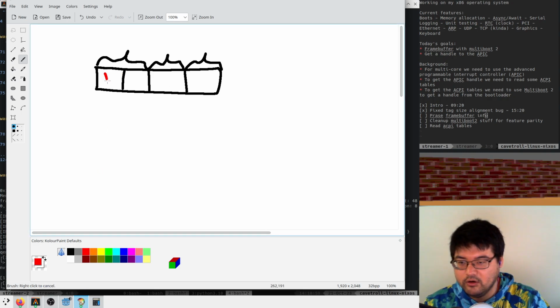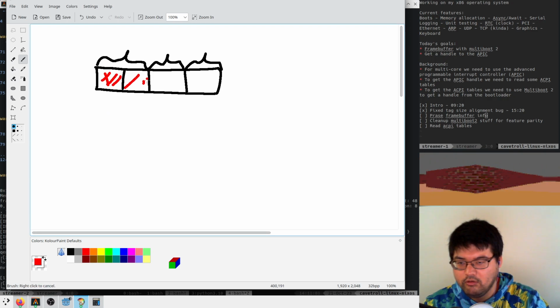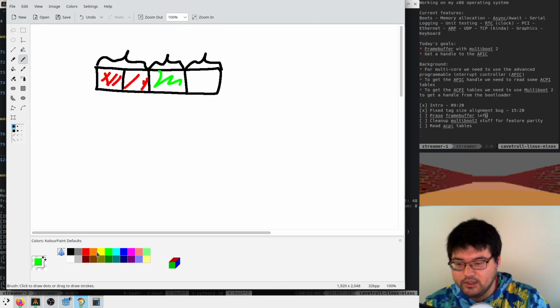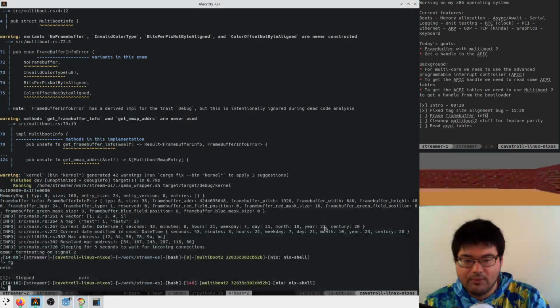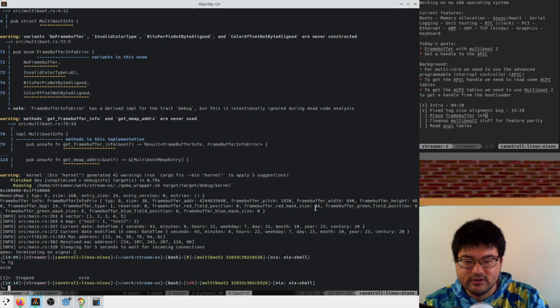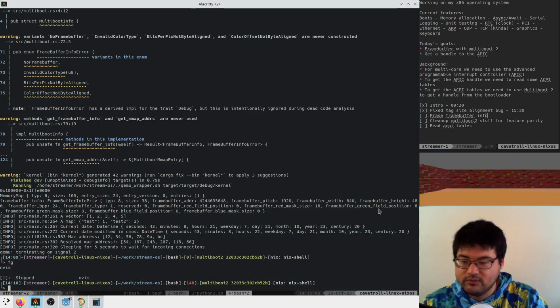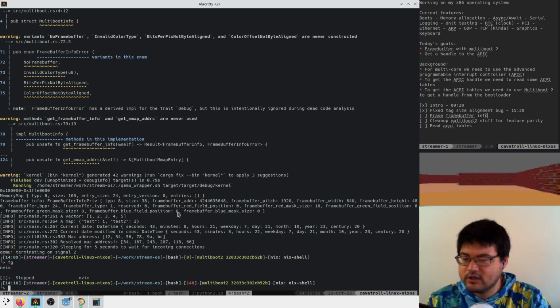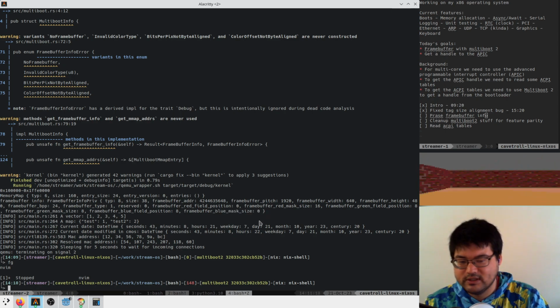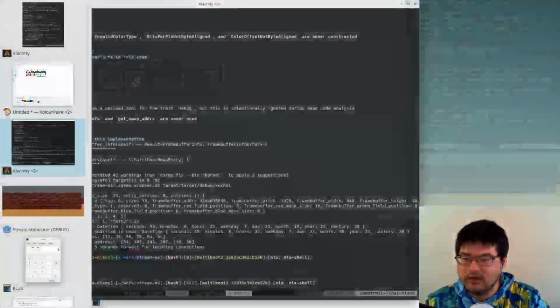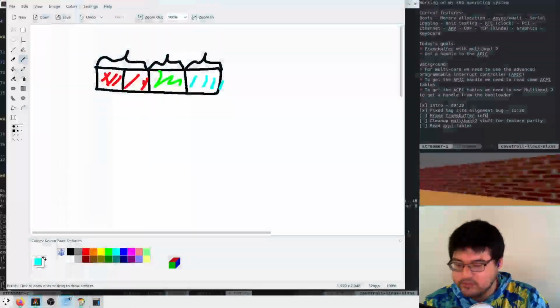So we'd have R G B. But these offsets don't align with that, right? The fact that the green field position is 8 and the blue field position is 8 is like, what are they talking about? And the blue mask has 0. So let's actually read the spec again and see if this makes sense in the multiboot 2 world.